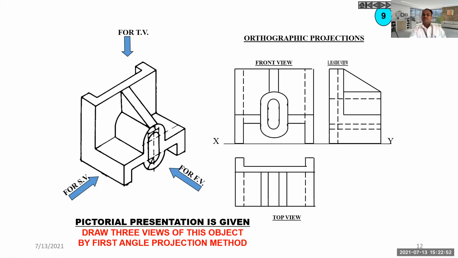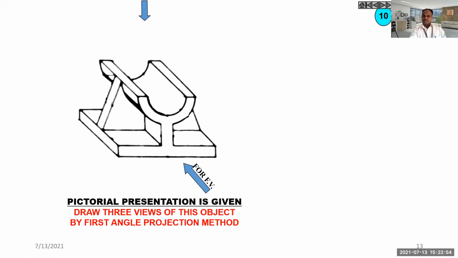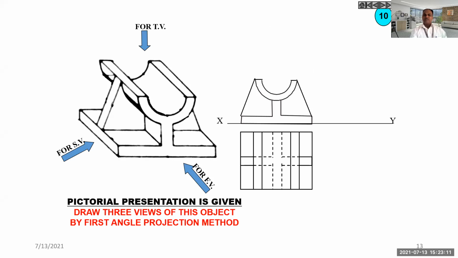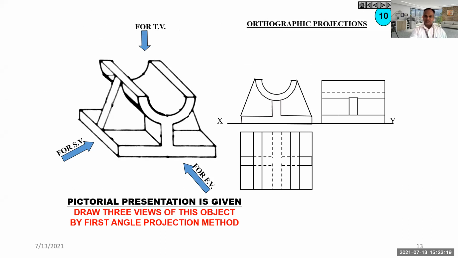Now, these are some examples for illustration purpose. In tomorrow's lecture, what we are going to see, some particular objects which have the same front view, top view, side view. It will be somewhat entertaining. So to learn, we will see some entertaining examples whose front view, top view and side view come out the same. Maybe you will like it.